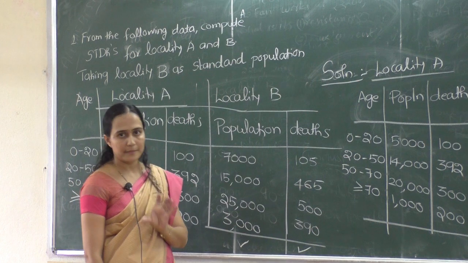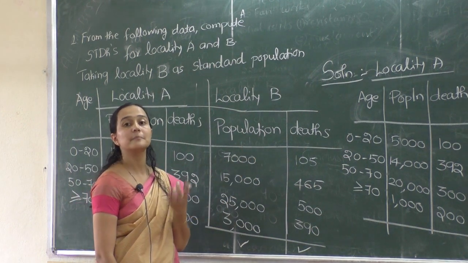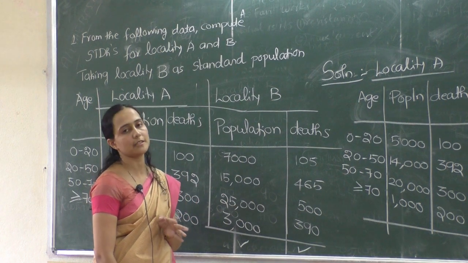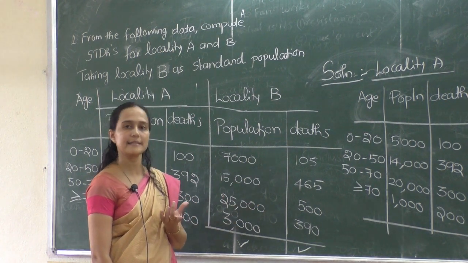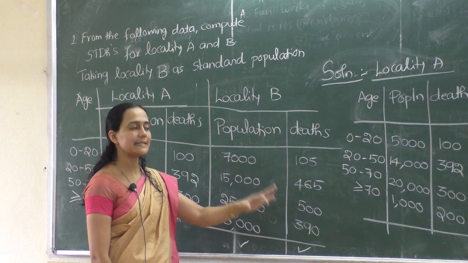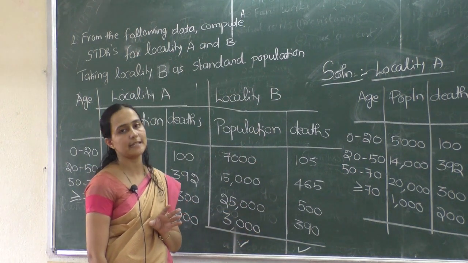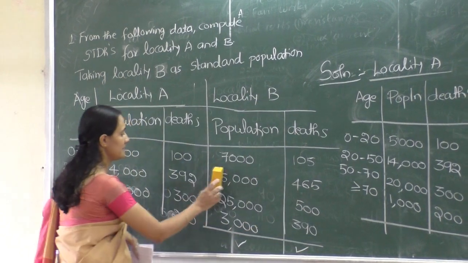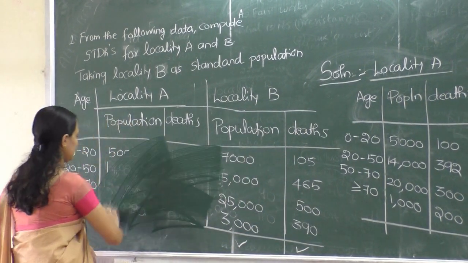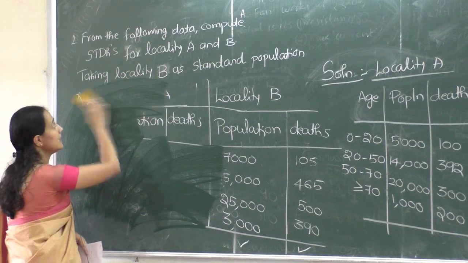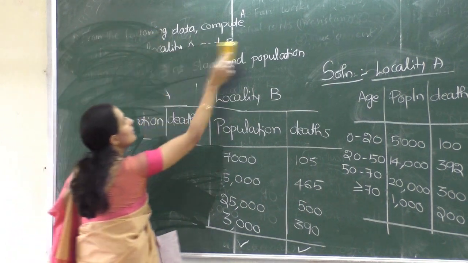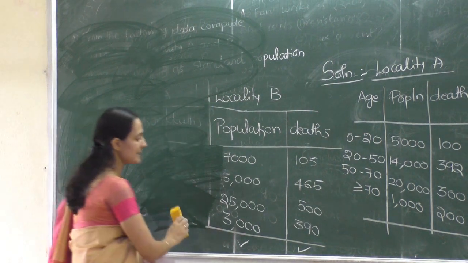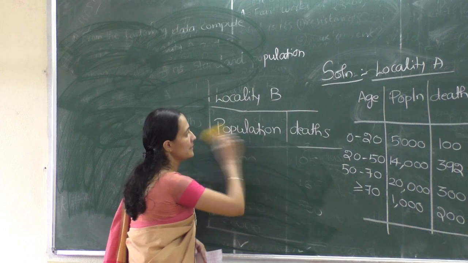It is denoted by capital B. Next, one column for standard population, that is P. Next, P into B, one column, sigma PB divided by sigma P. So which one is less? That is the more healthier population. Next, third type of problem. In the third type of problem, it is usually asked for a 5 marks question. Easiest one, third type of problems.